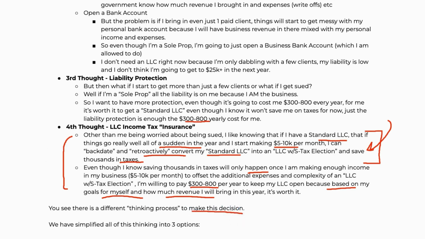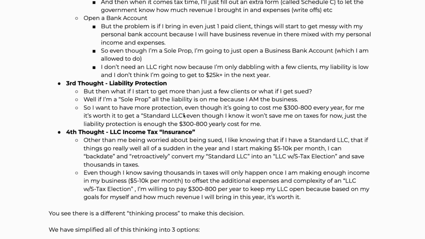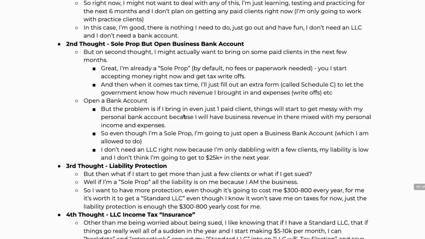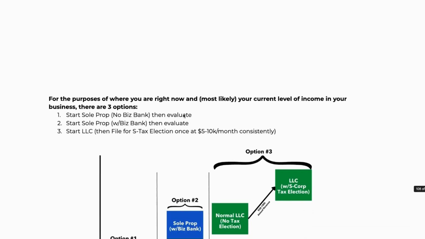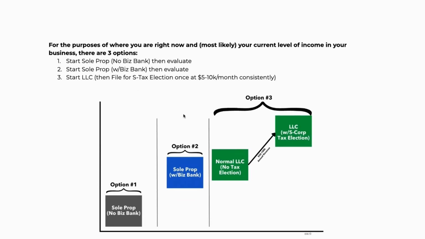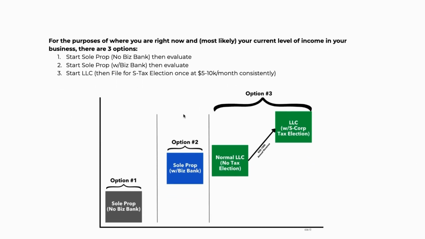So what we've gone ahead and done is simplify all of this thinking that I'm showing you here on the screen right now into 3 options, okay? And that's exactly what I'm going to be walking you through right now, what those 3 potential options could look like. Now, from our vantage point, we couldn't think of what option 4 or 5 might be. If you do end up thinking, hey, my situation might be different, I'm not sure what I should do in this specific circumstance,